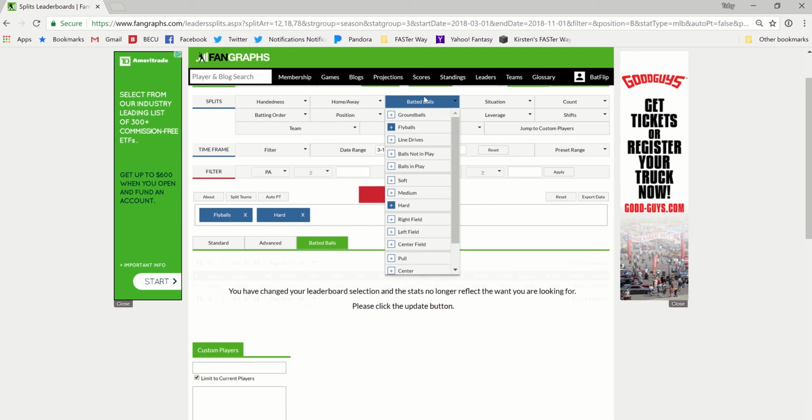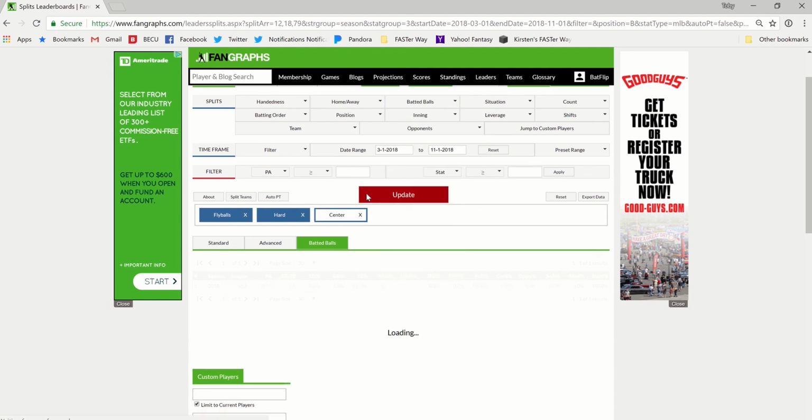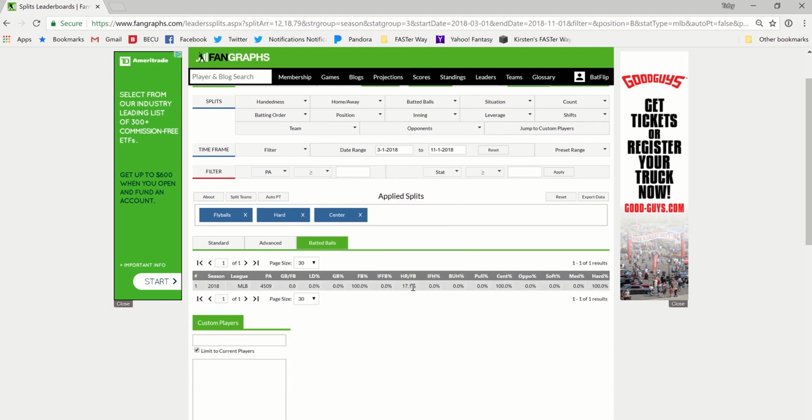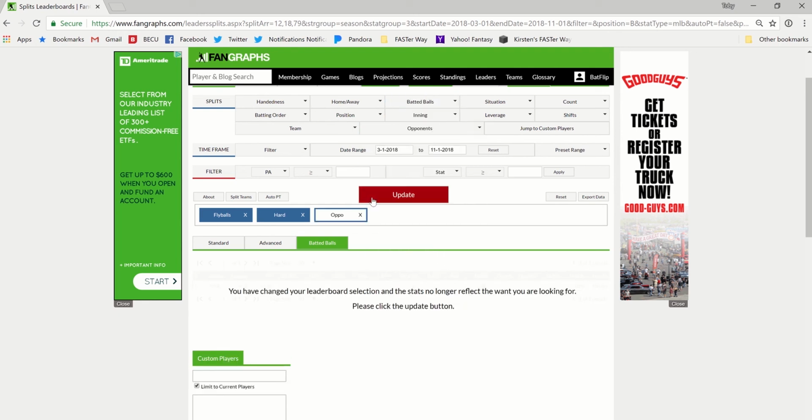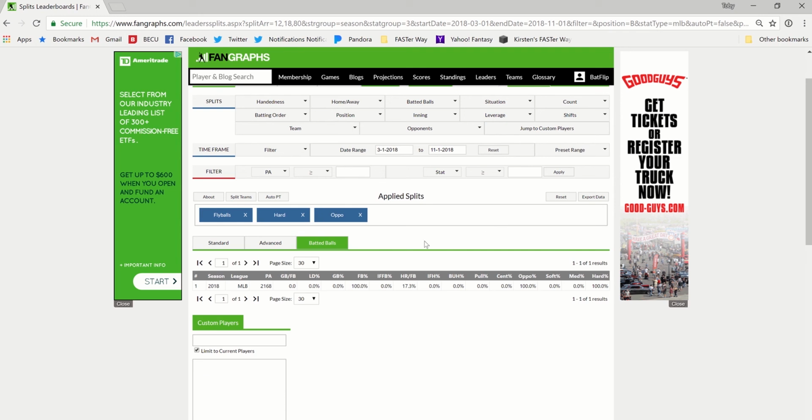So we saw that 12.1% of fly balls are home runs, 60.9% of hard hit pulled fly balls are home runs. Now let's take a look at center field. Home run per fly ball rate is 17.1%, right? So a big drop there. And then if we go to oppo, it's down to 17.3% of hard hit opposite field fly balls go for home runs. So much lower, right? So that shows you why hard hit pulled fly balls are such a good power metric